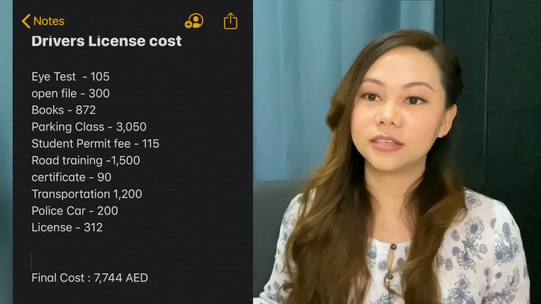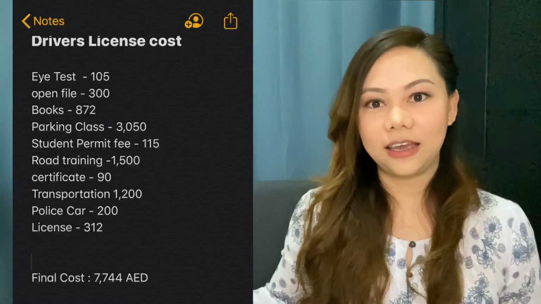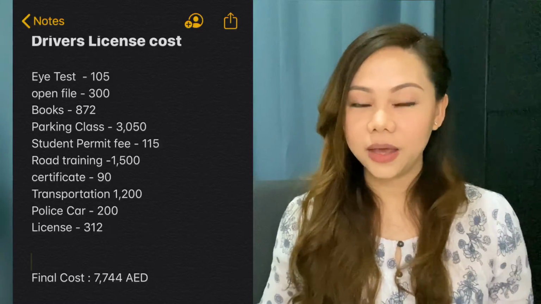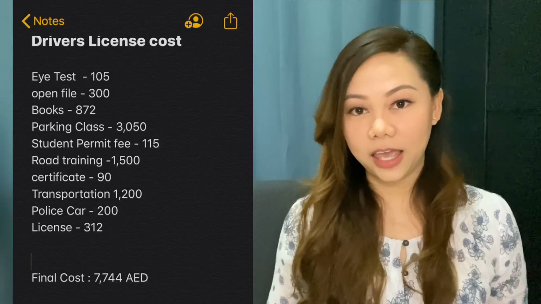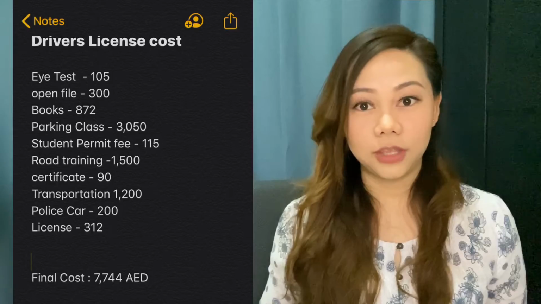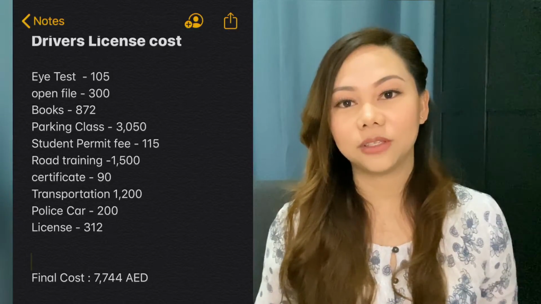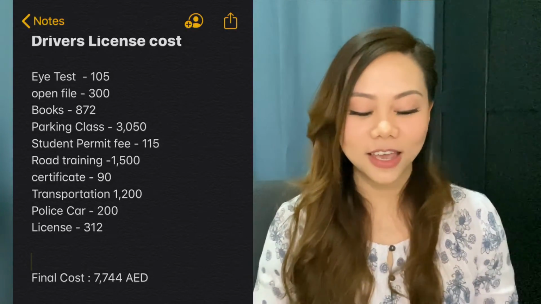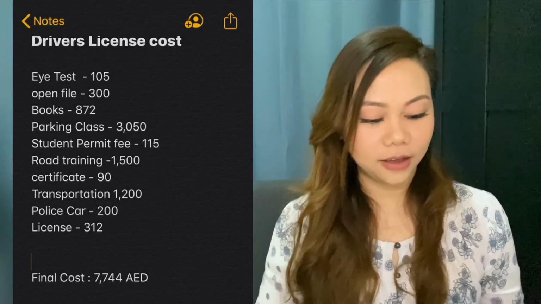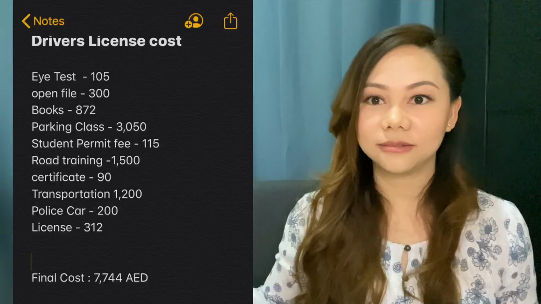So this cost, I know you're thinking, what? It's so expensive. This is not the exact amount, it's an approximate amount. It depends on where you're staying, because we're currently staying in Khalifa City A. So a taxi from here to Musafa is like 40 to 50 dirhams one way, and then of course you need to return, so it's like 100 dirhams per day, but I just put 80 dirhams per day. But the rest are accurate, like the eye test is accurate,